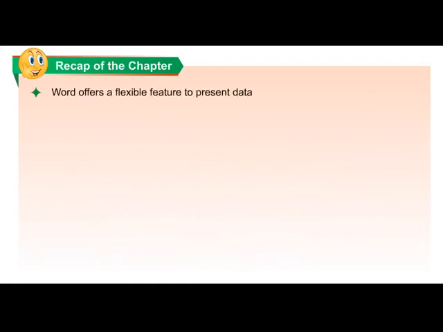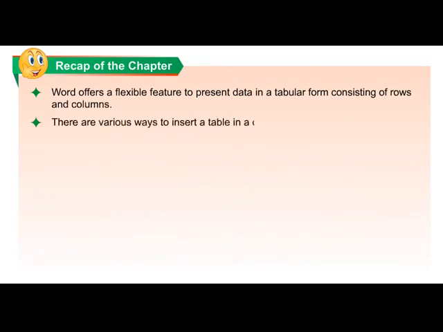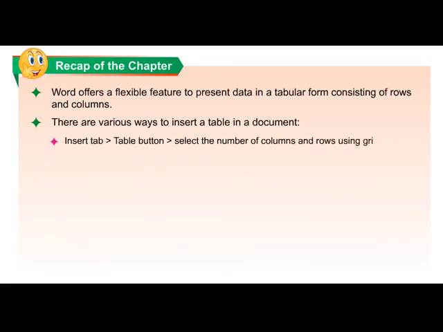Let us quickly glance through the key points discussed in this chapter. Word offers a flexible feature to present data in a tabular form consisting of rows and columns. There are various ways to insert a table in a document. Insert tab, then go to Table button, then select the number of columns and rows using grid. Insert tab, then go to Table button, then go to Insert Table option, then Draw Table option or Quick Tables